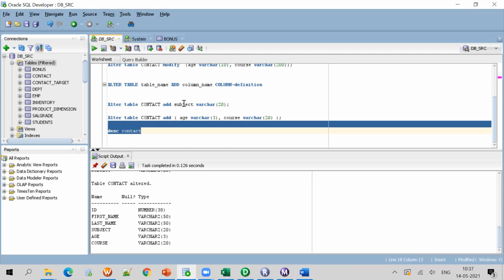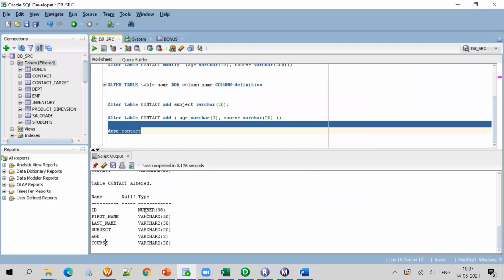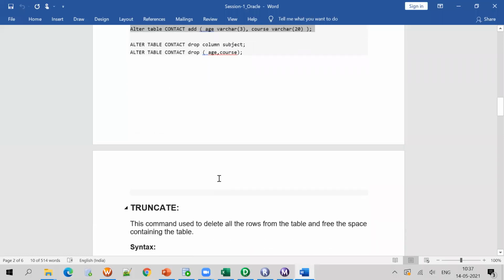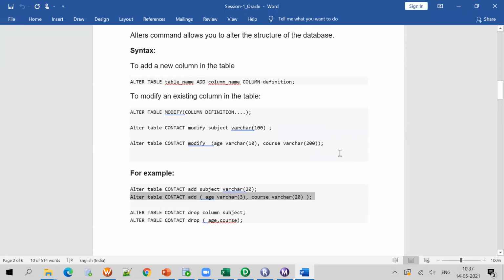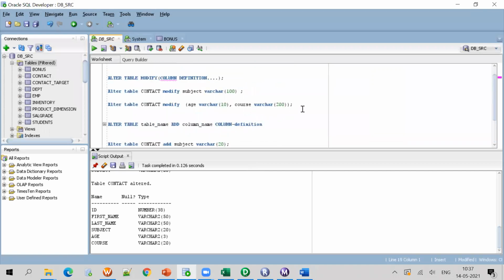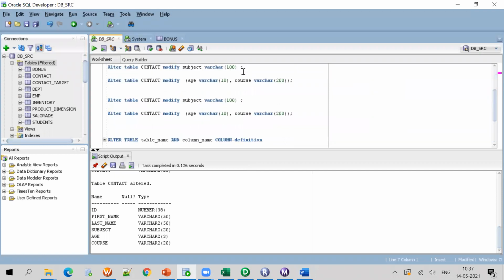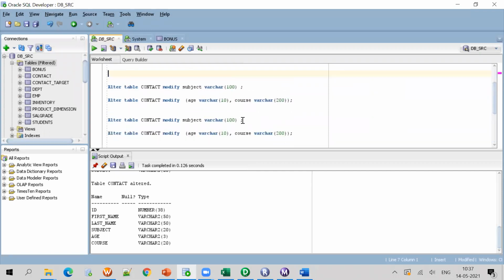Now table is altered. The next is you want to modify anything. Suppose you want to modify the subject.